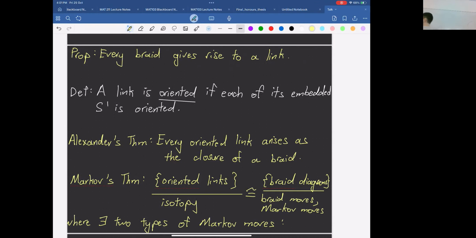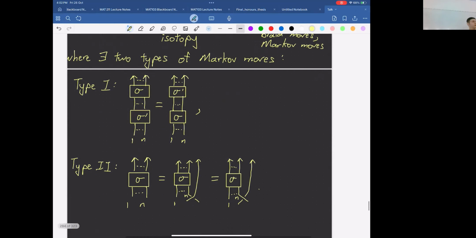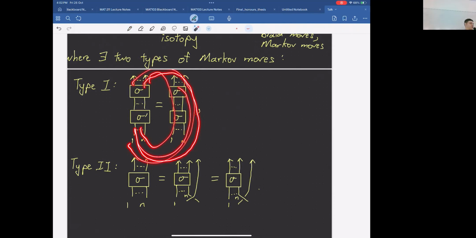But in this case, not just the braid move can help you identify this. You need an extra move, which is called the Markov move. So what's the Markov move? First, you require the braids to commute. In principle, in the braid group, it is not abelian, so they won't commute. But in the Markov move, we require them to be identified because we take closure. Once you take closure, you can move the braid top and bottom and across. This is why it works.